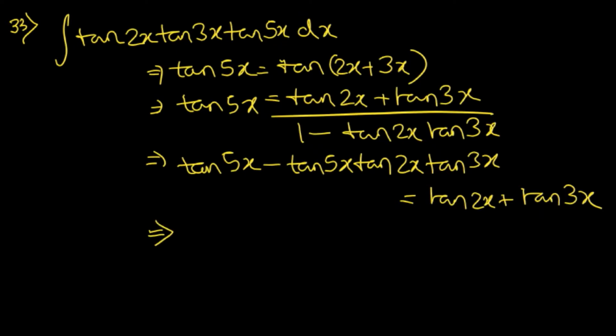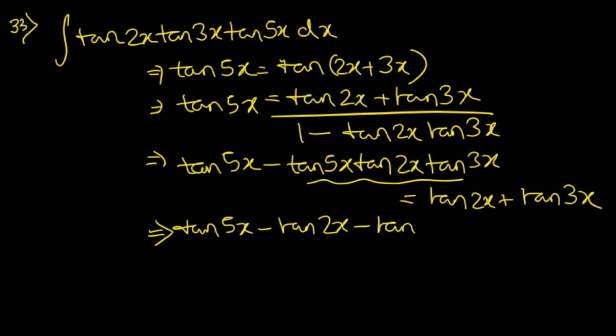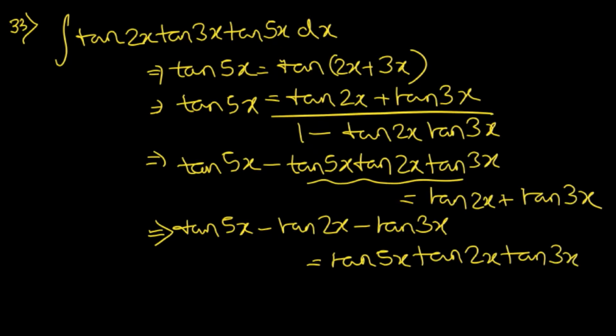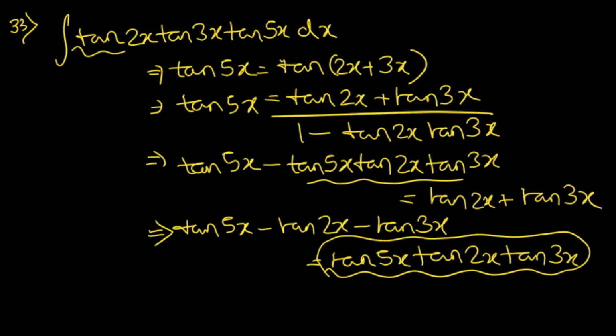So tan, obviously, if we transfer these terms to the right side, it gives us tan 5x minus tan 2x minus tan 3x is equal to tan 5x tan 2x tan 3x. So this is quite similar to the term given in our question. So we can easily substitute this term into the question, like we can write